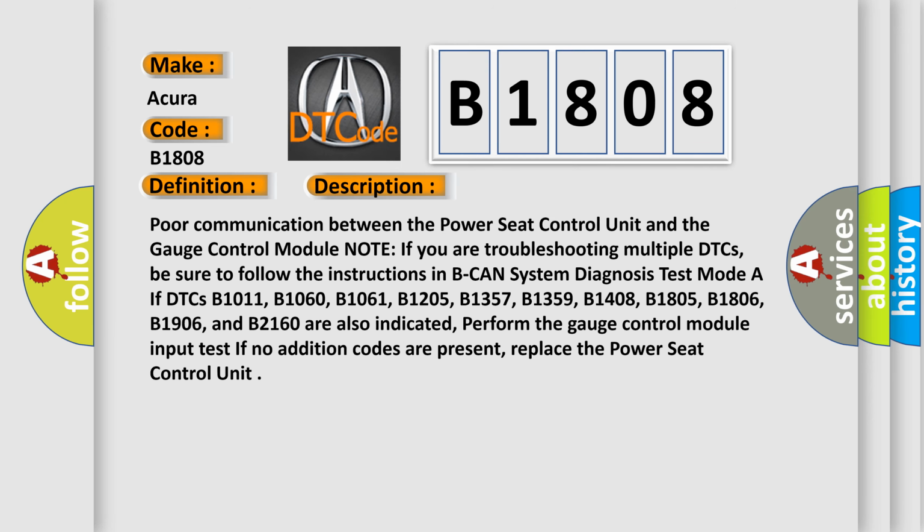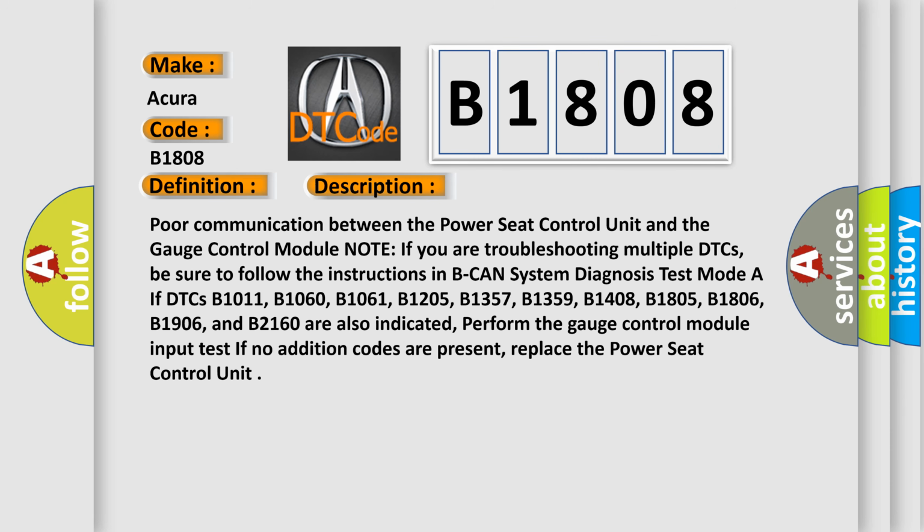Note, if you are troubleshooting multiple DTCs, be sure to follow the instructions in BCAN System Diagnosis Test Mode A if DTCs B1011, B1060, B1061, B1205, B1357, B1359, B1408, B1805, B1806, B1906, and B2160 are also indicated. Perform the gauge control module input test. If no additional codes are present, replace the power seat control unit.